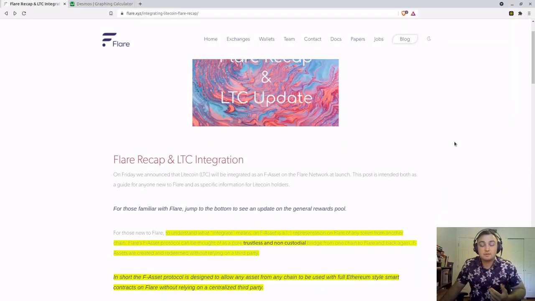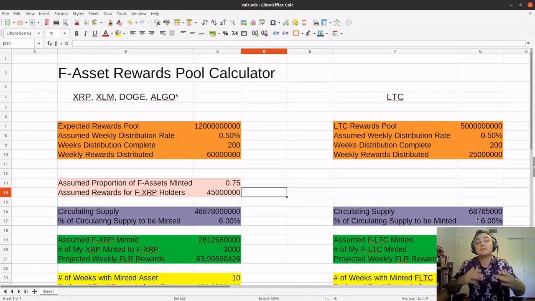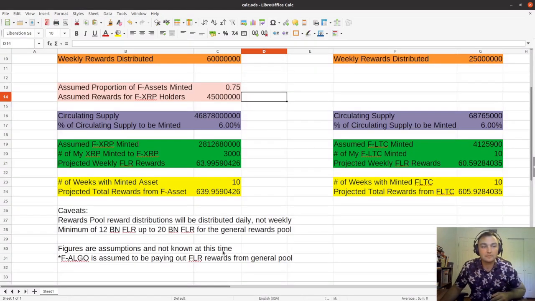So for those new to Flare. All right, so now that we have a basic understanding of what FSS, so again, this gives us about 605